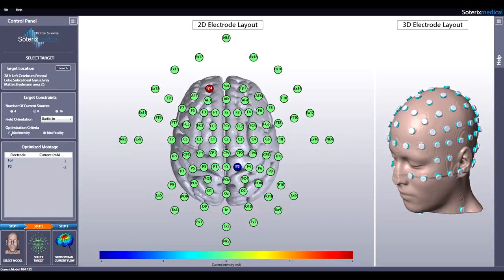You may choose to select maximum intensity, which delivers the maximum electric field to the desired brain target with limitation of 2 mA total applied current, or you may select maximum focality, which delivers the maximum current intensity to the target while sparing the remaining brain regions. Let's select maximum focality. Soterix Medical HD Targets automatically calculates the most optimal electrode montage based on the criteria you